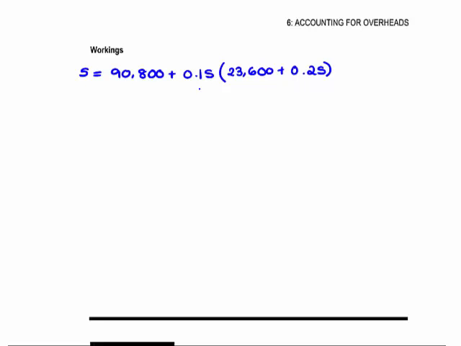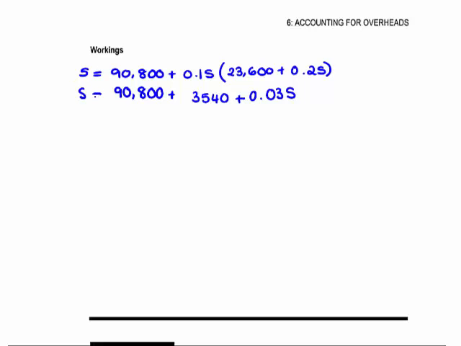So 0.15 multiplied by 23,600 is 3,540, and 0.15 times 0.2 gives us 0.03 S, and we add that to the